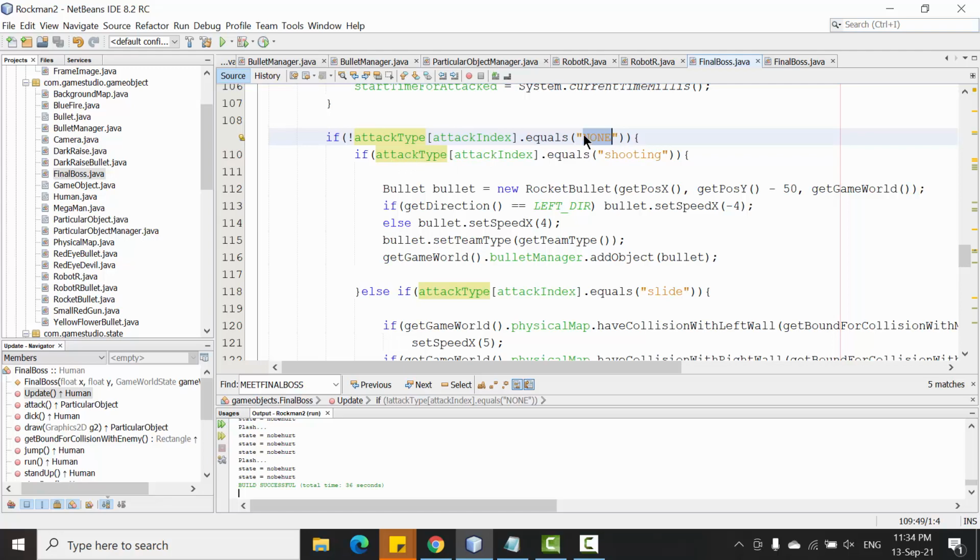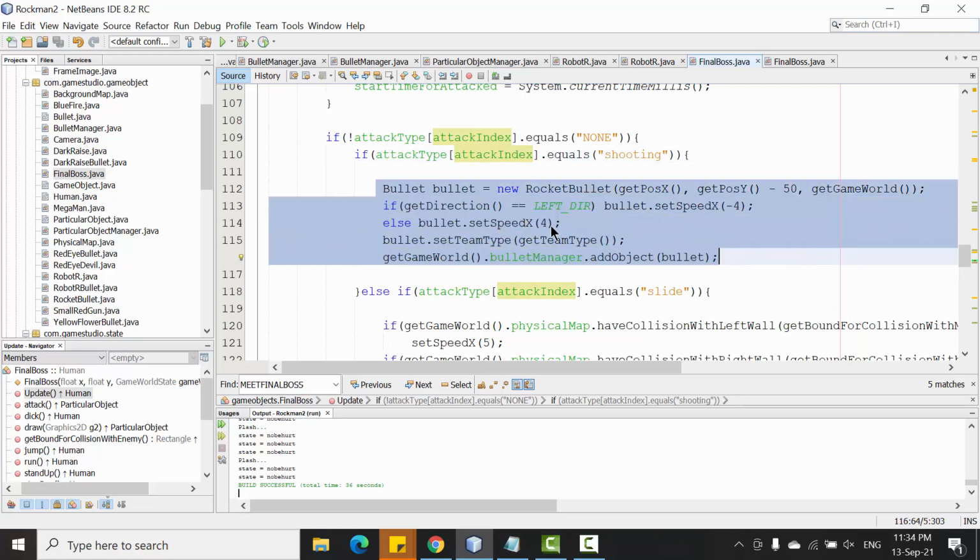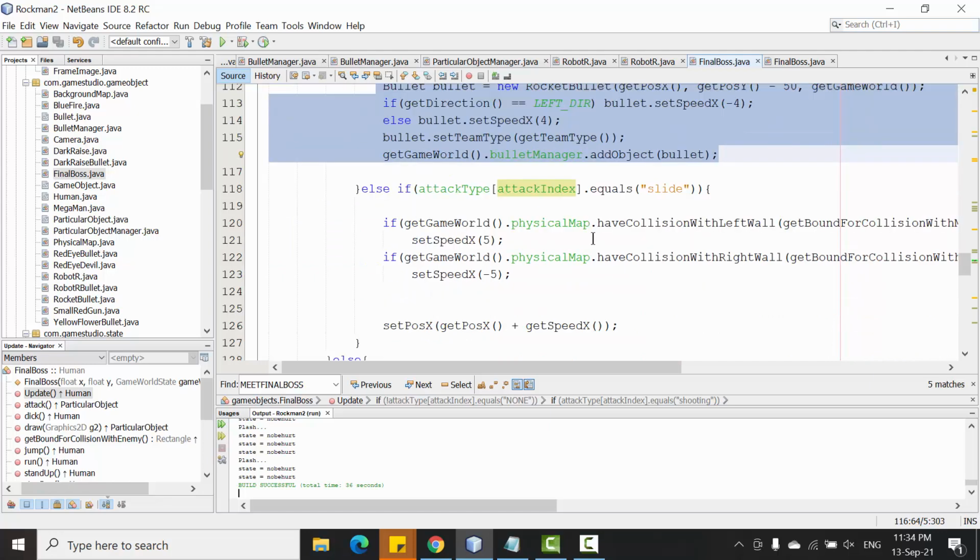It means the type is not idle. So we check if the attack index equals shooting, the boss will shoot, and this block of code will be called every frame, until the time is finished for this action,